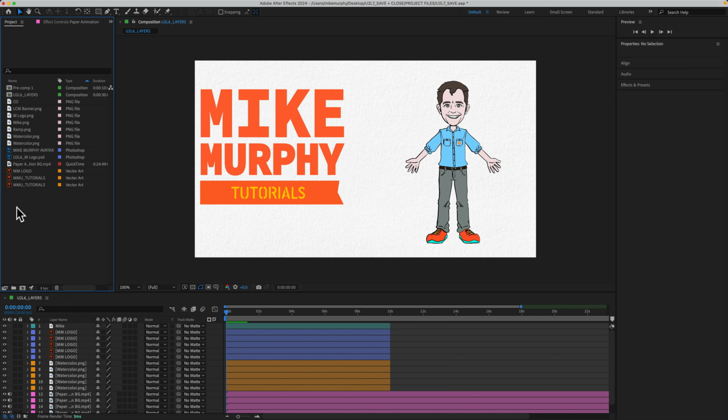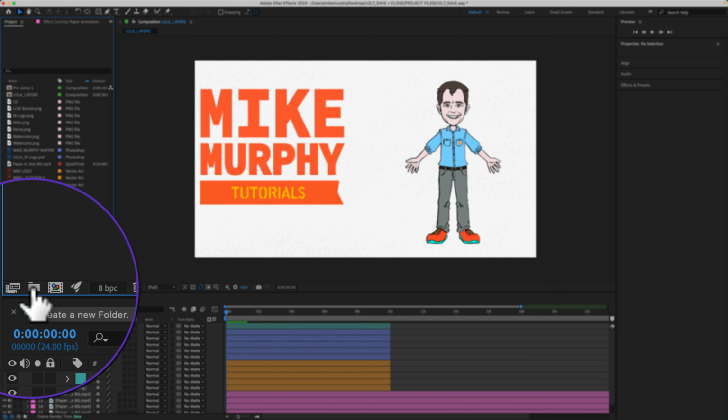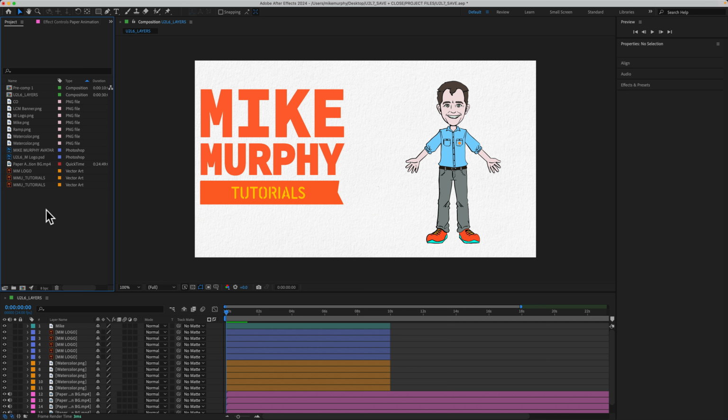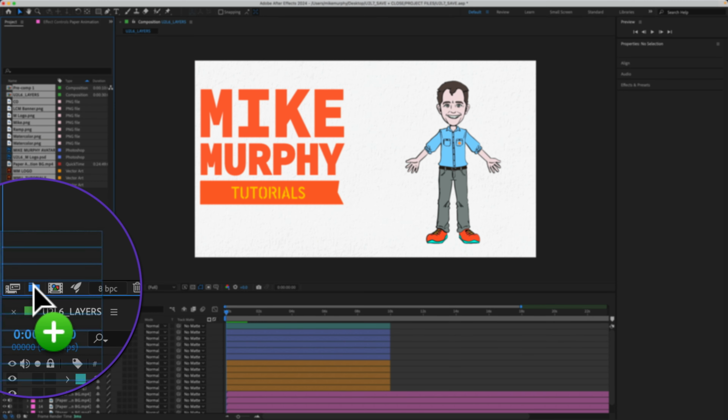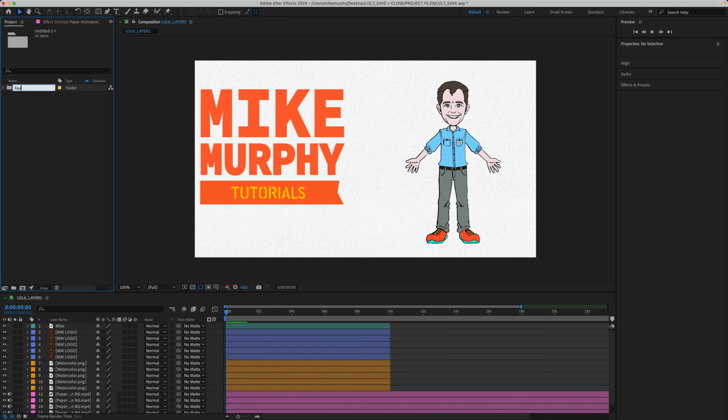You can create new folders by just right-clicking in the project panel and choose New Folder. You can also create new folders if you click on the folder icon at the bottom of the project panel. But the fast and easy way, select multiple files and just drag them right onto the folder icon, let go, start typing. Just like that, you have a folder filled with all of those footage files, and you can repeat